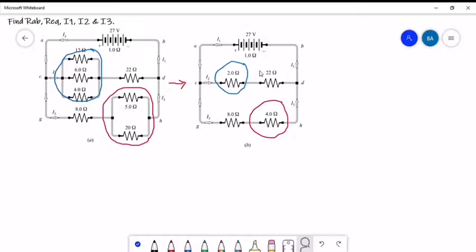So to find the R equivalent or the total resistance for this kind of circuit, we need to find the R equivalent AB, or the combined resistances for this one, and then we combine it with the internal resistance, which is 1 ohm. So first let us combine the resistances for this circuit. We know that 8 ohms and 4 ohms are connected in series. So our next circuit would be,